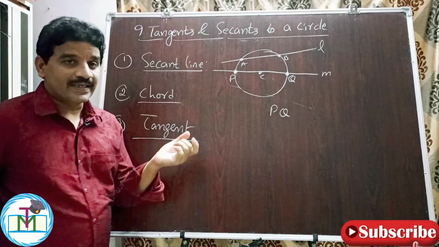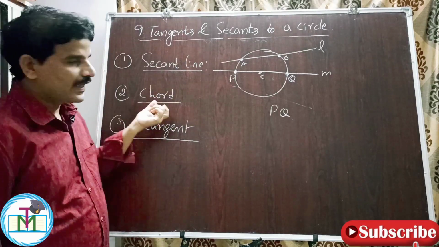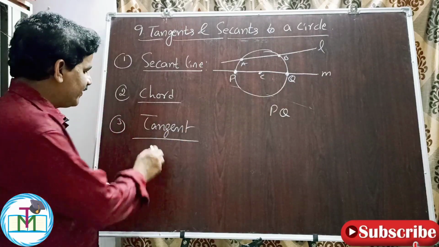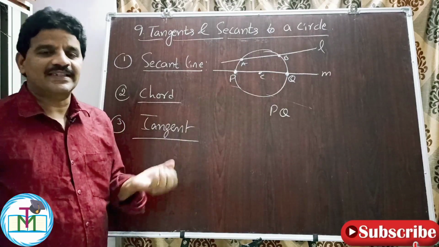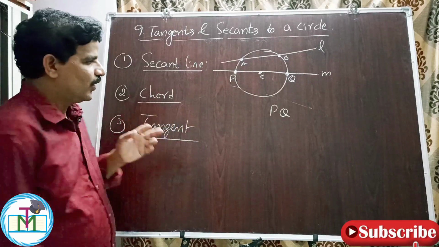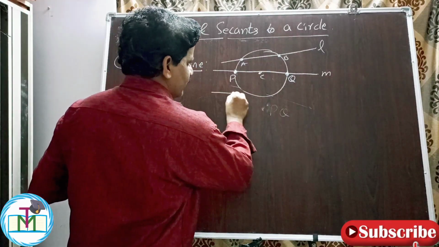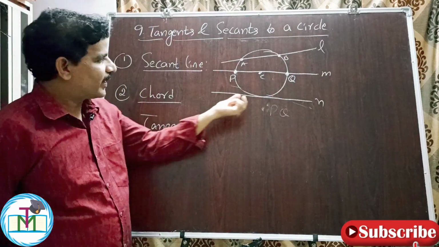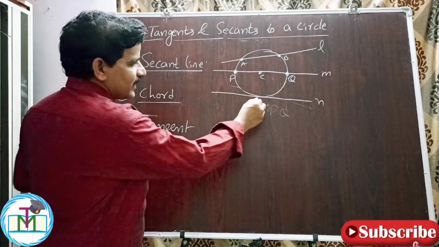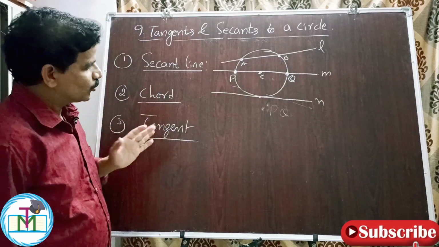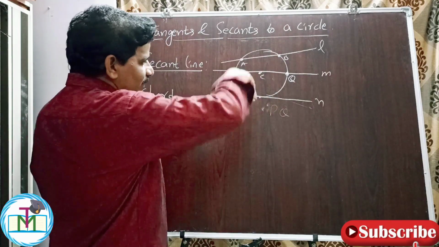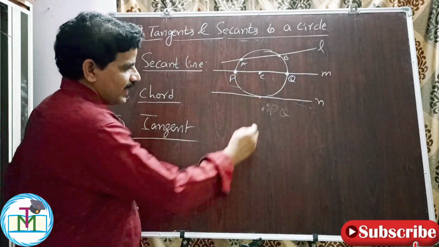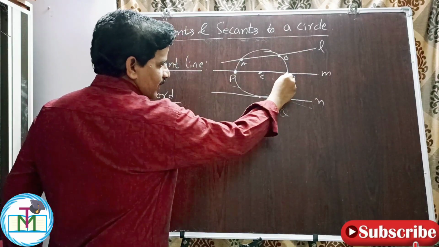After that we see tangent. What is tangent? In case of secant line and chord, they intersect the circle at two points, but tangent means it touches the circle. T for tangent, T for touches the circle. It doesn't intersect at two points. If I take this line N, N is a tangent because the line N touches the circle at one and only one point. At each point I can draw a tangent. Therefore for a given circle I can draw infinite tangents, at each point like this and so on.